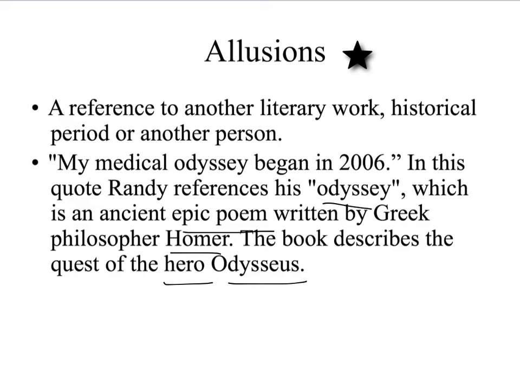Now, why would the author use this kind of an allusion? Well, an allusion is meant to bring to mind certain positive references or sometimes a negative reference. But in this case, he's very subtly telling you that he's going to have his own heroic quest. And this way, using an allusion, he doesn't state it outright and sound arrogant, but he just makes this reference and makes that connection in your mind.